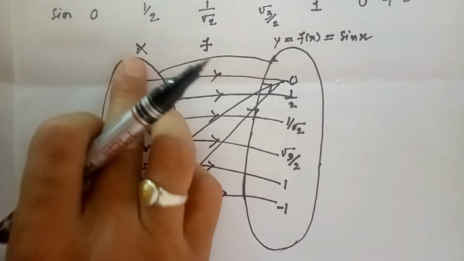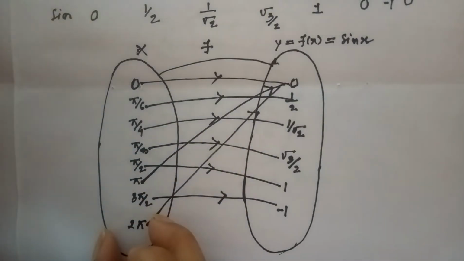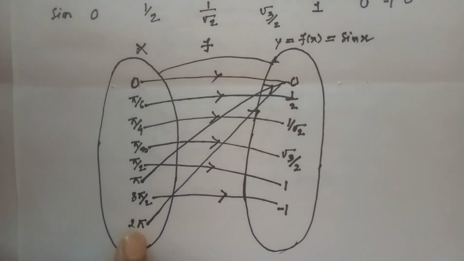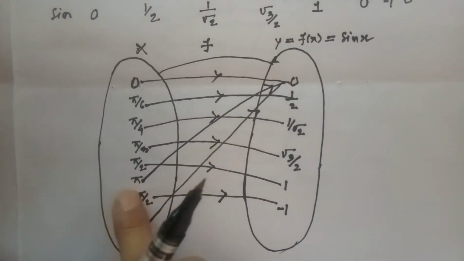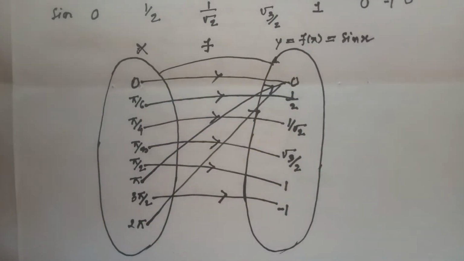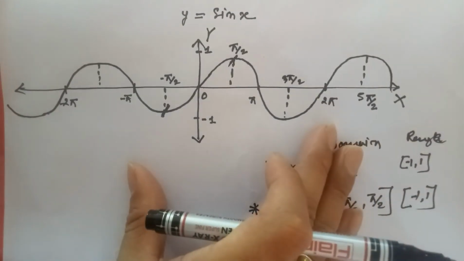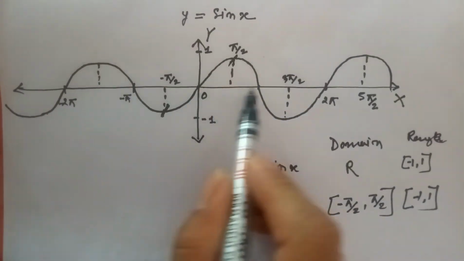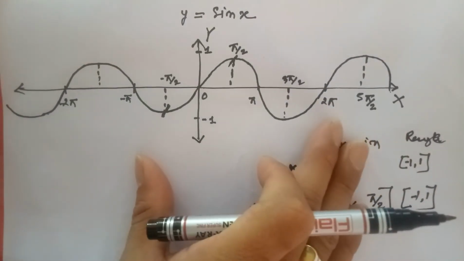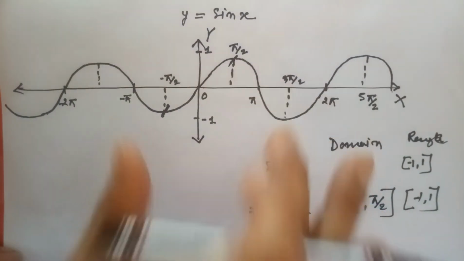Now we map these general values, but our x is the real numbers, and we take only some values. When we relate some values to the range, we see our function is not 1-1, it is many-one. As you see in the diagram, 0, pi, 2 pi, it's many-one. So the inverse is not possible in general. We see the graph of sin x also. We have a lot of values, and we saw that 1-1 is not possible with this function. So this is the general graph.